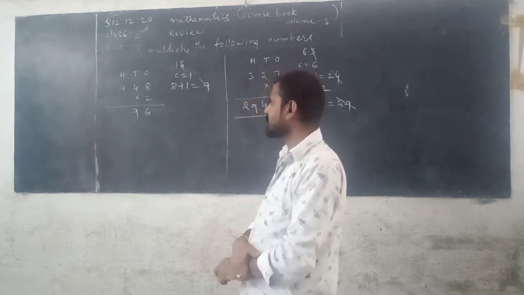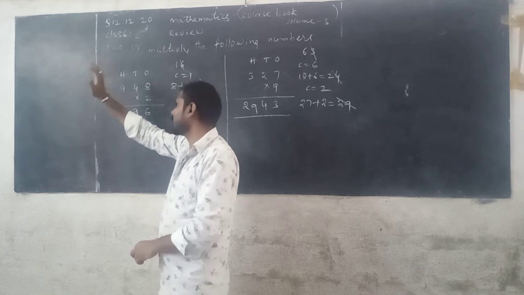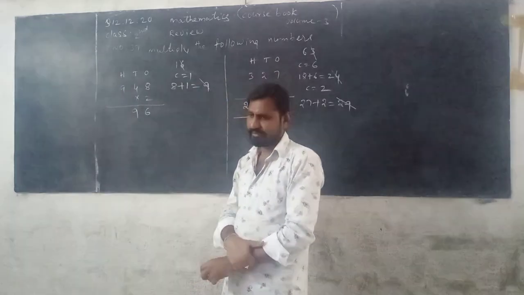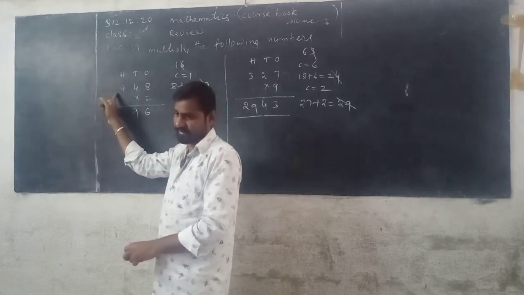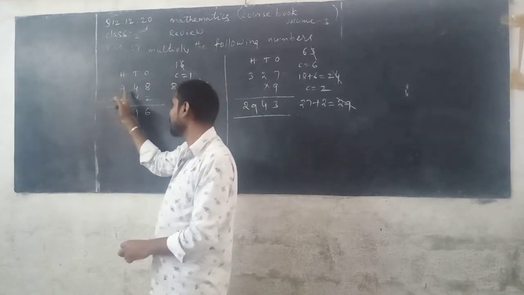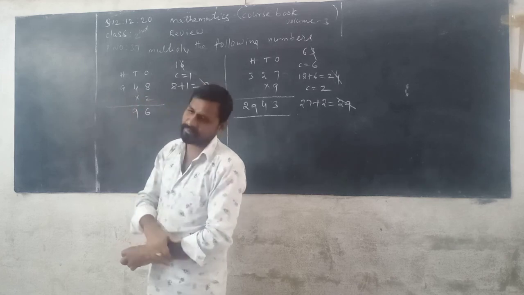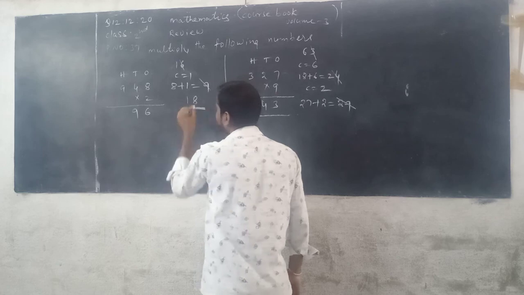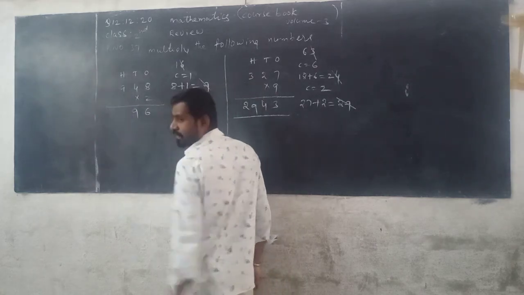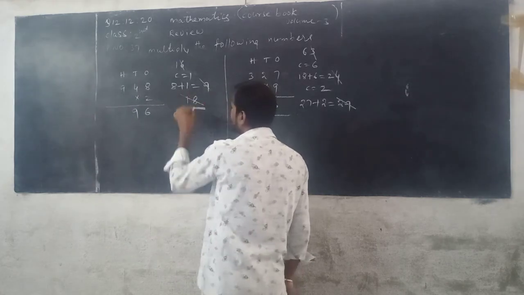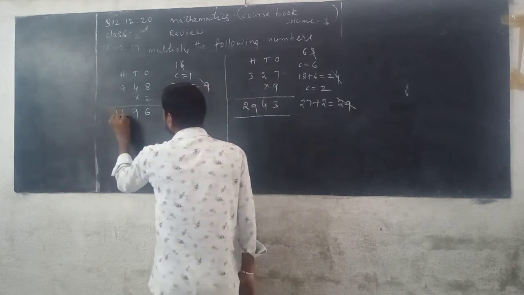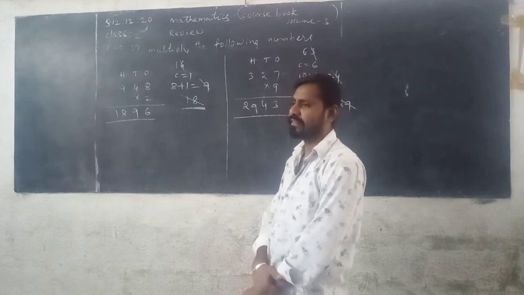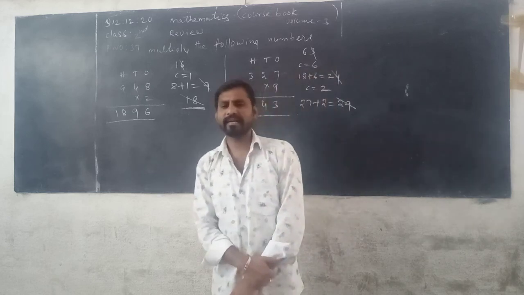Now next, this is the last place of the given number, that is hundreds place. We multiply the digits in hundreds place. The digit is 9. 9 is multiplied with 2. Then you can read 2 table. 2 9s are 18. So 18 is a 2-digit number, but this is the last place of the given number. Then you can write 18 totally directly. There is no carrying. So the product is equal to 1896.